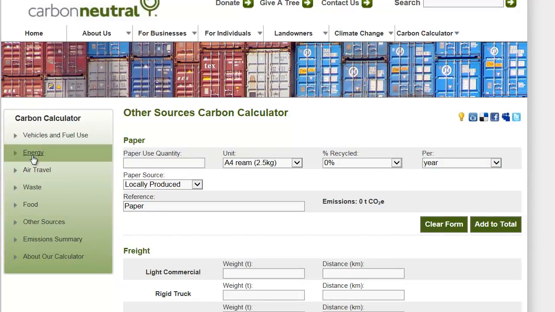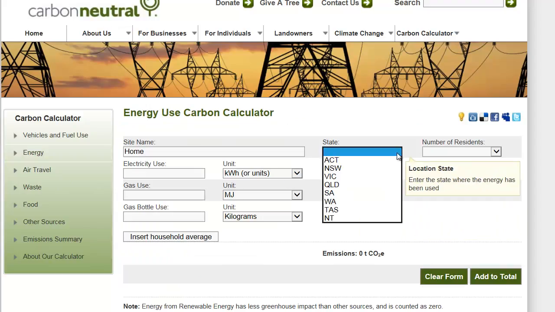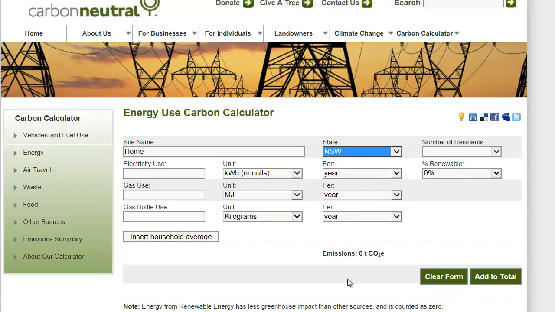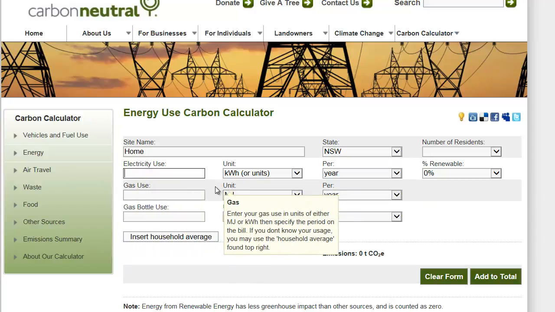Remember, we need to calculate the energy. You need to tell the state in which you are in. I live in New South Wales. You may live in another state, so we'll give you a different result. The energy usage is of 438,000